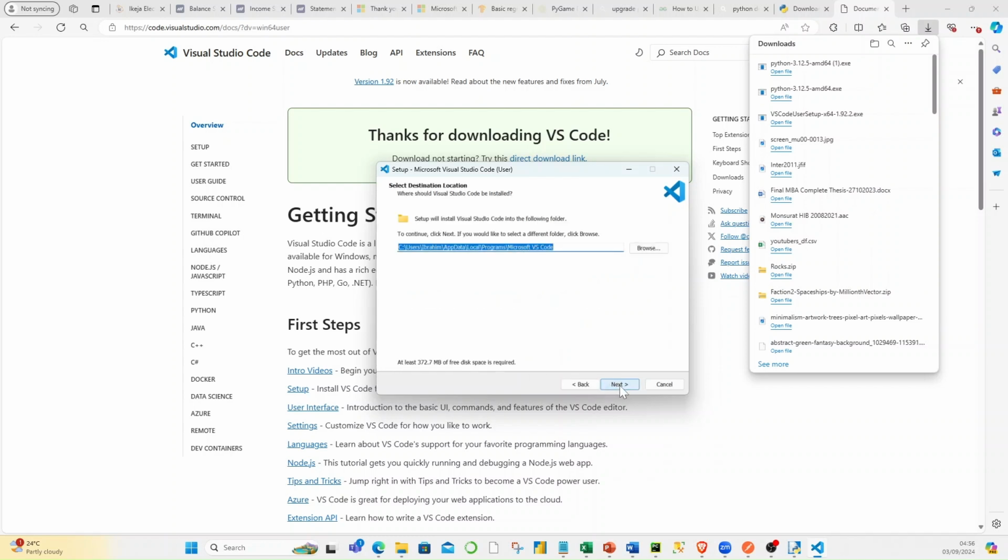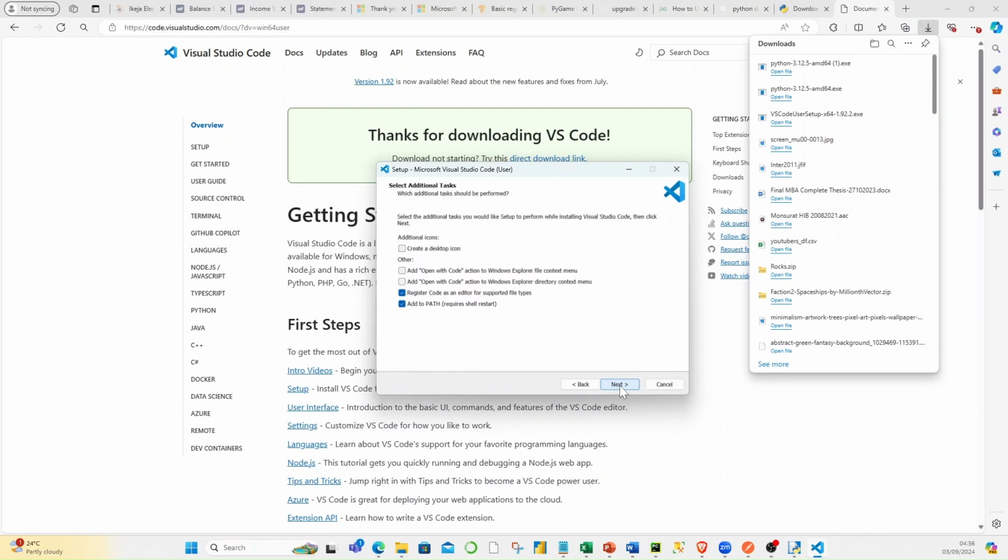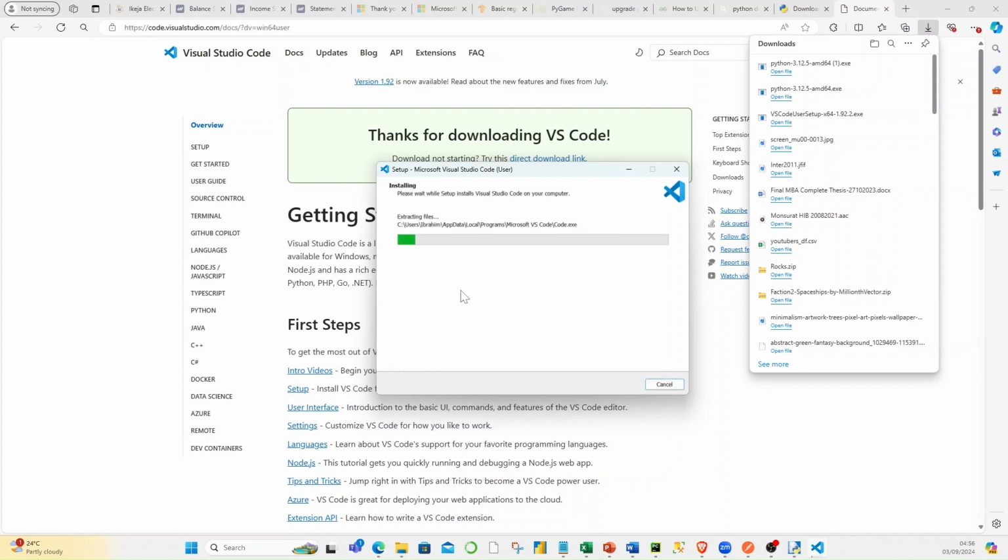I will simply accept the default installation suggestions. And when I get here, I say I need a desktop icon, move on, install, and then it's preparing to install VS Code on my computer. That should also take a minute or two, and then I'll show us how we can open VS Code,